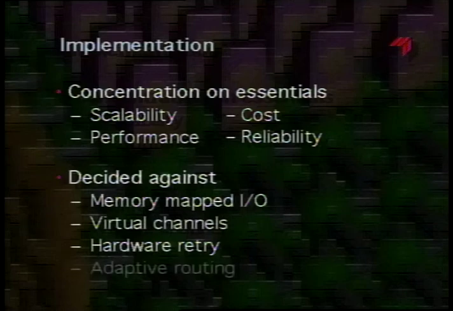Finally, we also decided not to use adaptive routing, but to have fixed routing paths between the components. The reason for that is that adaptive routing makes it very difficult to guarantee exactly when a message will arrive, because a message could wander along a number of different paths before reaching the destination. For fault tolerance, it's very important to have a bounded worst-case latency. Then the timeout counters can be set to a value where timeout errors always indicate a real hardware error and can't be confused with network congestion.